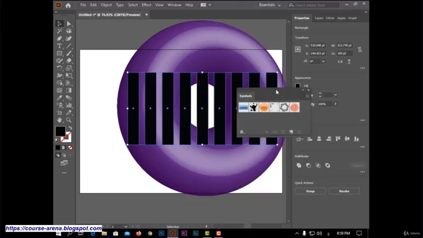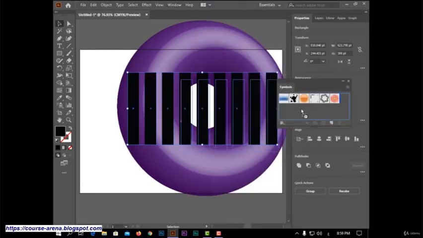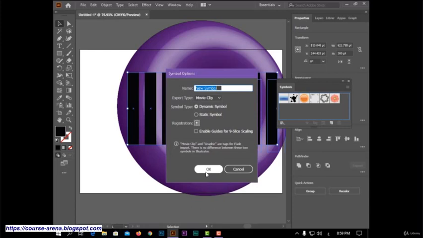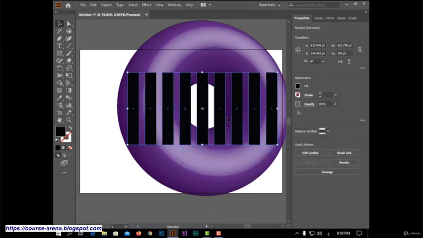Open symbols menu and add it here, click on OK, and now